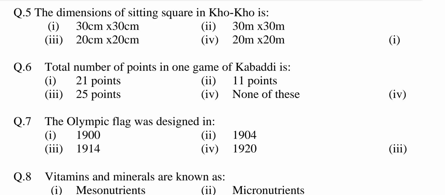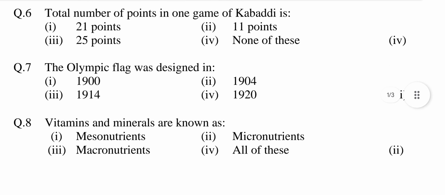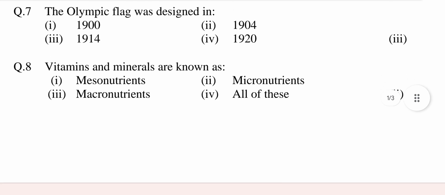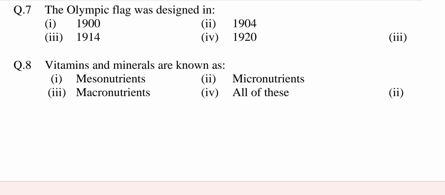Question number 6. Total number of points in one game of kabaddi is option first 21 points, number 2 11 points, number 3 25 points, number 4 none of these. Answer is option fourth, none of these. Question number 7. The Olympic flag was designed in option first 1900, second 1904, third 1914, fourth 1920. Answer is option third,